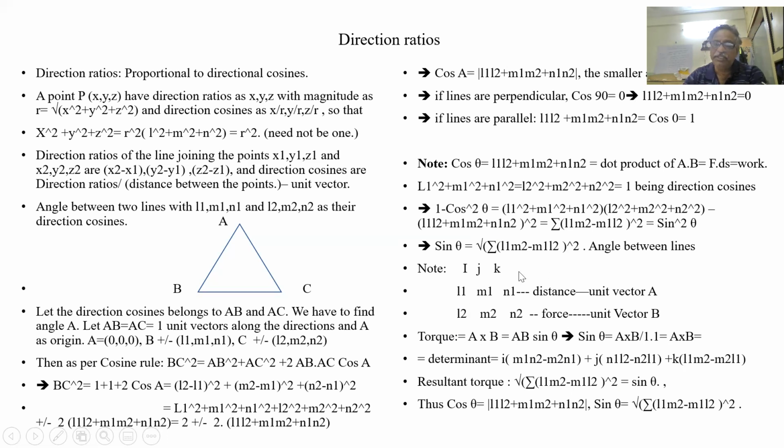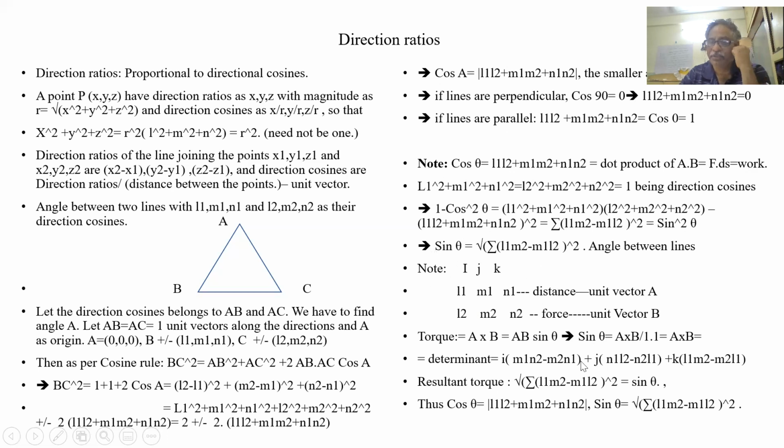So if you see it as a torque, suppose this is a distance, this is the force. So we find torque, which is a rotating force. So this sine theta is used whenever we have to find out torque. Cos theta is used whenever we have to find out work, power and energy. We use cos theta. Sine theta is for torque and rotating forces.